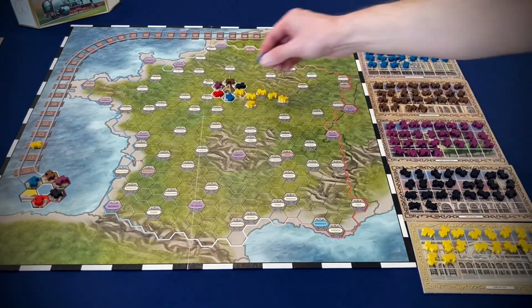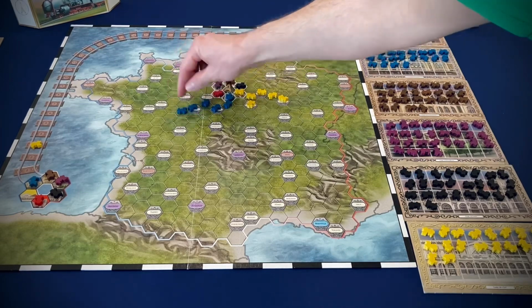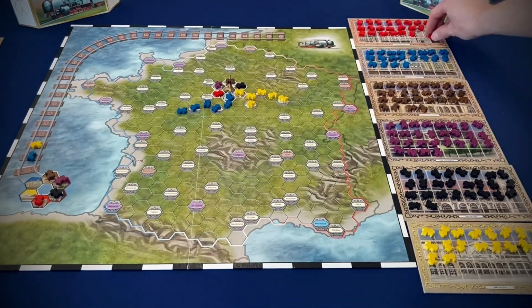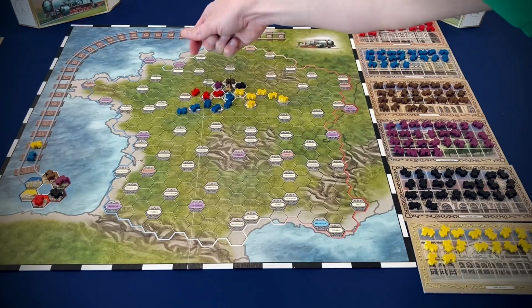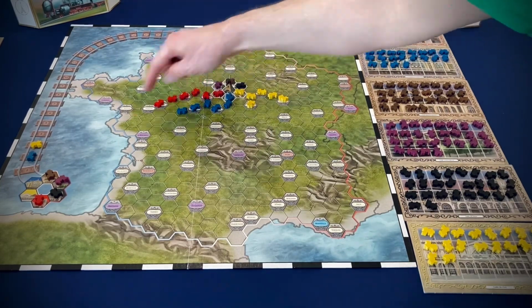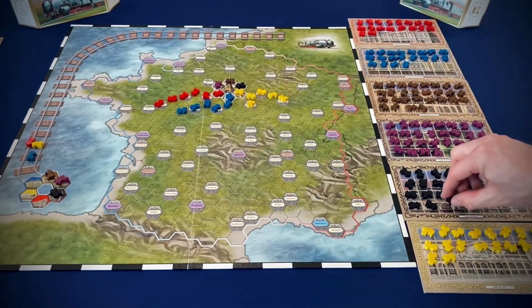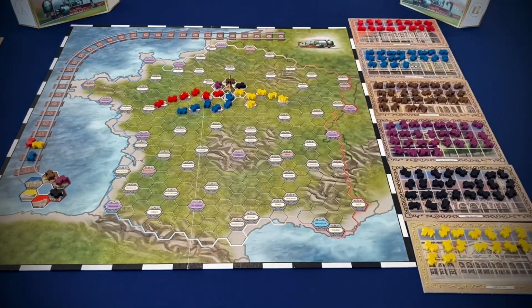So the whole game is a balancing act. Do I build out a route, or do I invest in the colors that are going up in value? You can't do both on your turn, but you do have to do one of those two things. So eventually these colors are going to run out, and a lot of times there'll be a rush on a certain color. Players will hurry up and invest and just gobble up a certain color, and it's such an interesting push and pull between everybody, and the players entirely drive this game, and the outcome is totally up to the